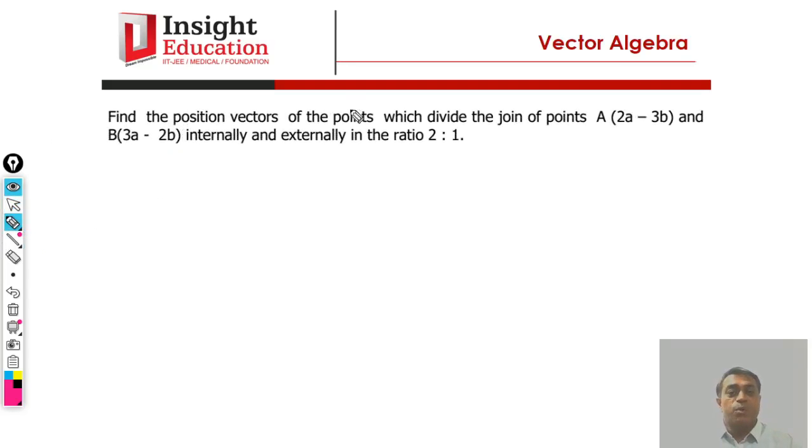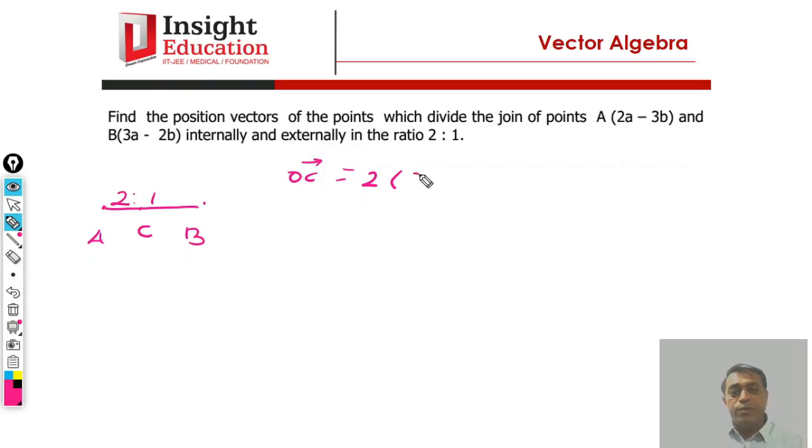Find the position vectors of the points which divide the line joining point A, 2a minus 3b, and point B, 3a minus 2b, internally and externally in the ratio of 2:1. So it is given directly: point A, point B, and we need the position vector of C, dividing in the ratio of 2:1. For internal division I can write OC is equal to 2 into B